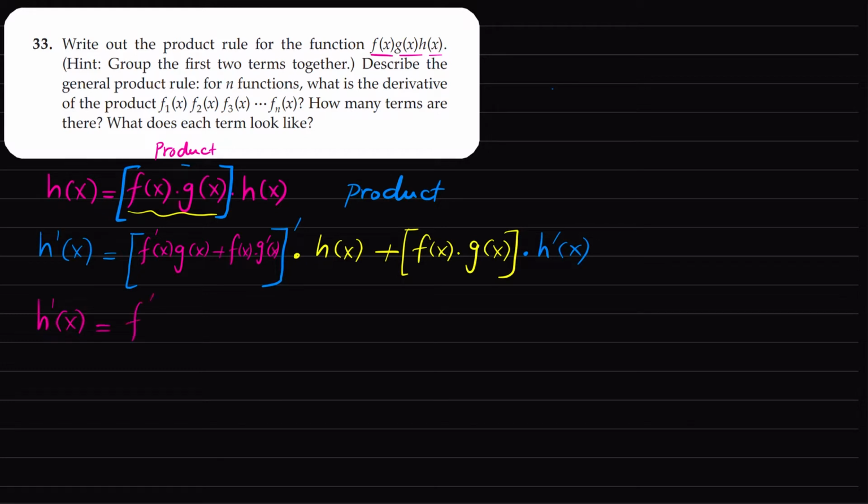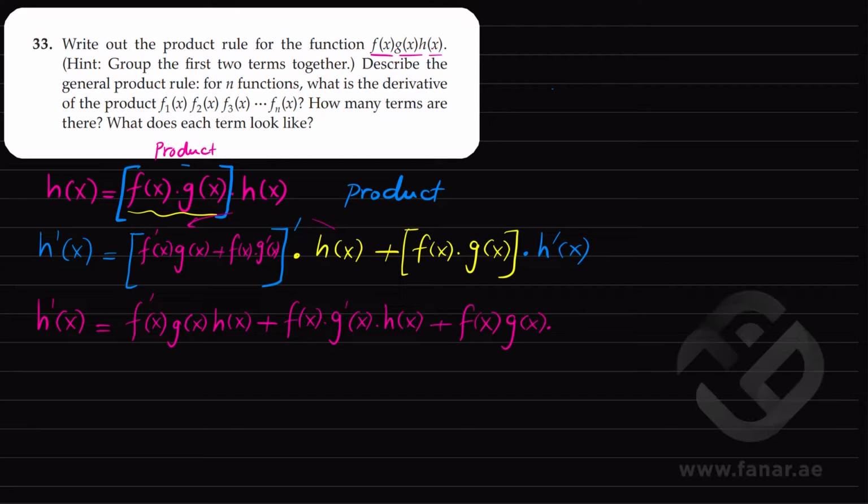So it is f prime of x g of x multiplied by h of x plus f of x multiplied by g prime of x multiplied by h of x plus f of x times g of x times, or we call it k, so h prime of x. So in other words, we have